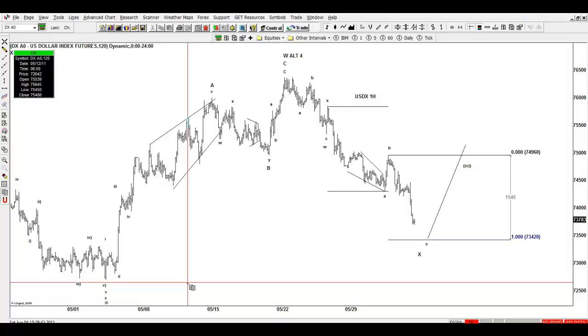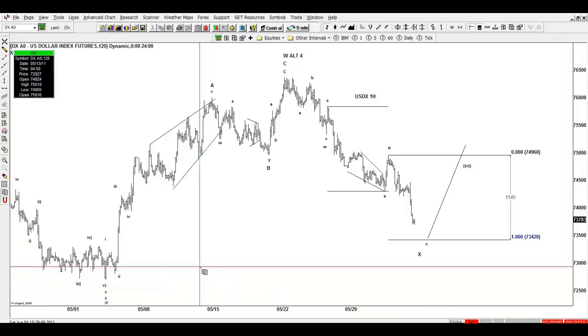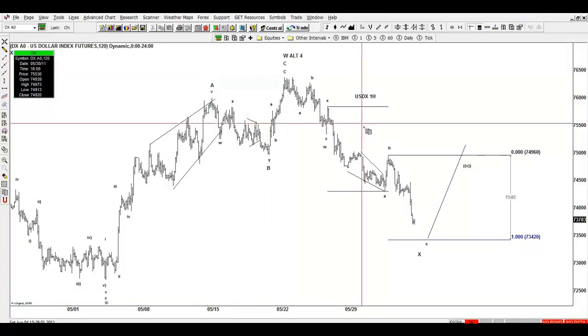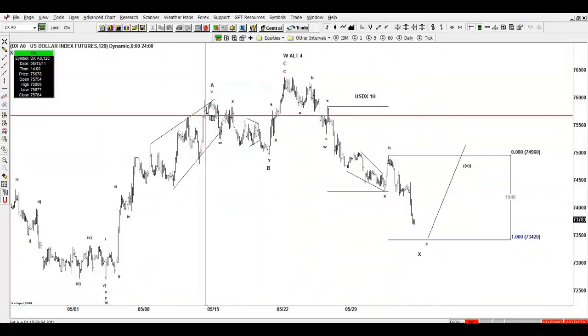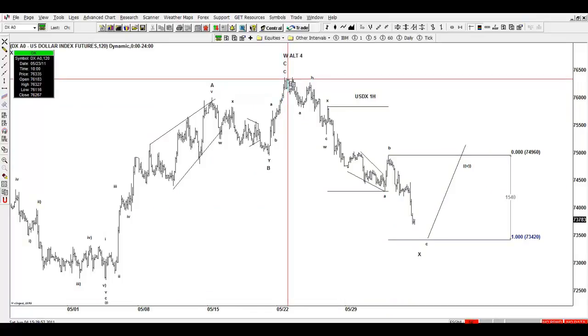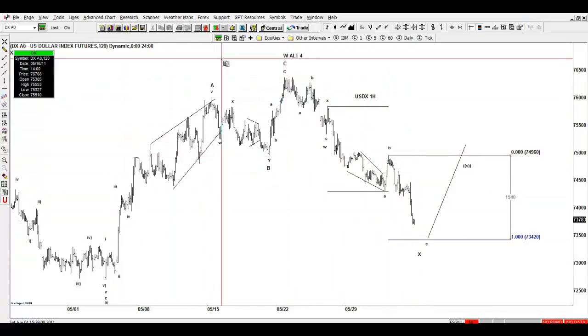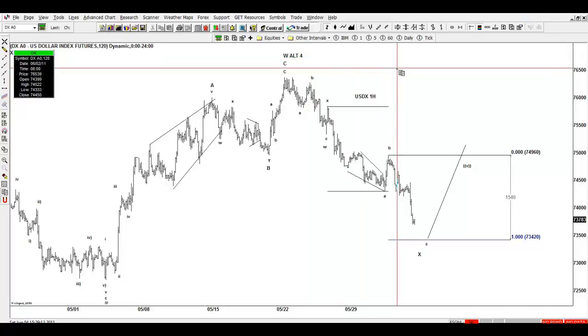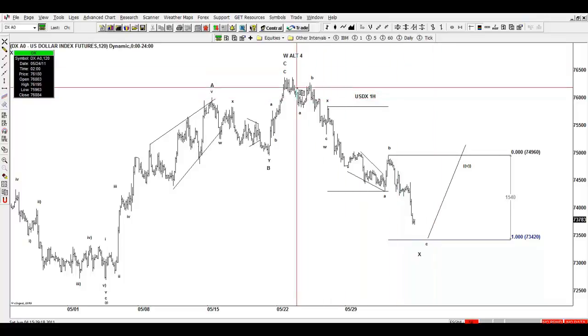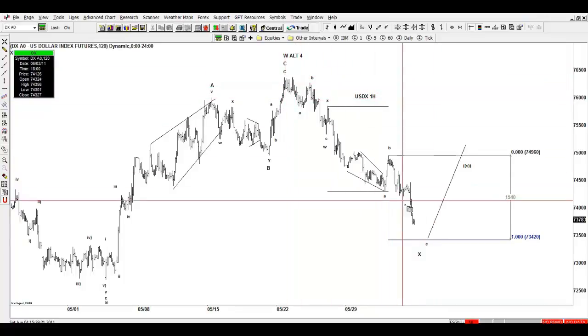Now, let's start with the dollar, guys. This is the US dollar in the 2-hour chart. Here, we were calling this before a flat. We switched it from the flat to an ABC, and then this becomes either W or 4. Tomorrow in the seminar, we're going to go deeper into all this, and I really suggest all you guys be present at the seminar. Now, as a trader, what you need to worry about now is from here on to here.